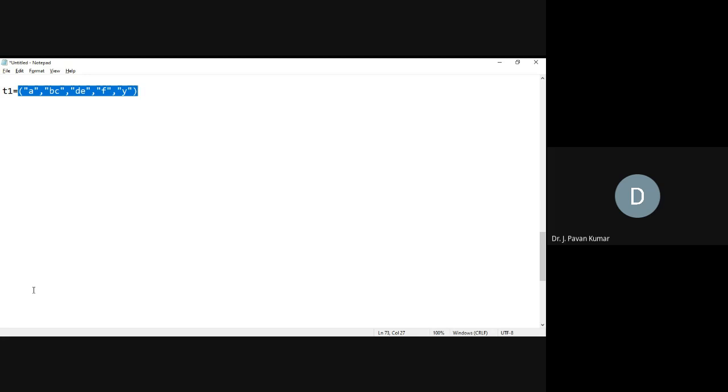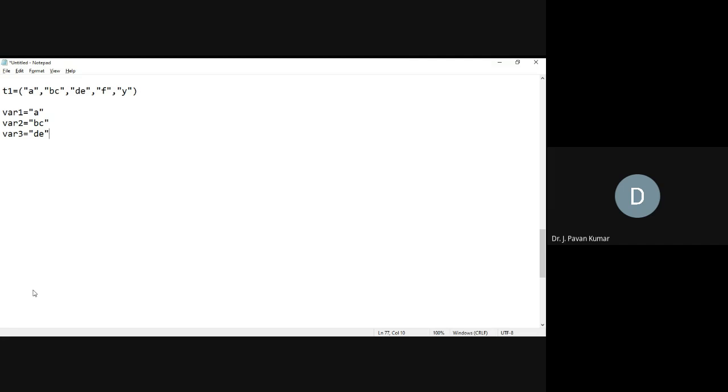That means individually, this A we can assign to some variable, right? Let us consider variable 1 is equal to A, variable 2 equal to BC, variable 3 equal to DE. Like this, we can have individual elements as single variables.